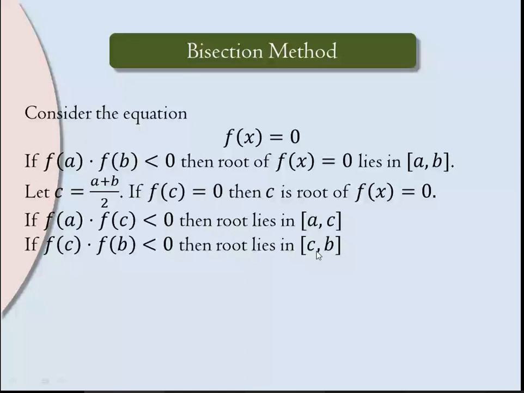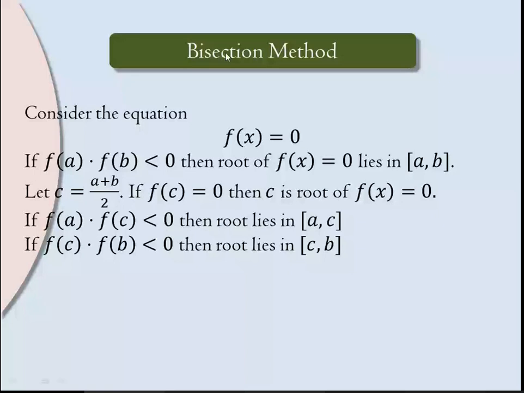And if it lies between A and C, then take the midpoint of A and C and again follow the same procedure. If it lies between C and B, take the midpoint of these two and again follow the same procedure. Find the value of f at that point. If it is 0, then that will be the answer. If non-zero, then take the product with the endpoints, f of A, f of C, check which is negative, and accordingly the interval gets reduced. So here, what happened? Every time we reduce that interval, we make it half. We take the bisection of that interval. Bisection means dividing it into half. Bi means 2.